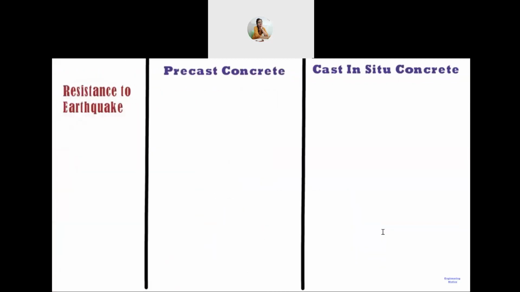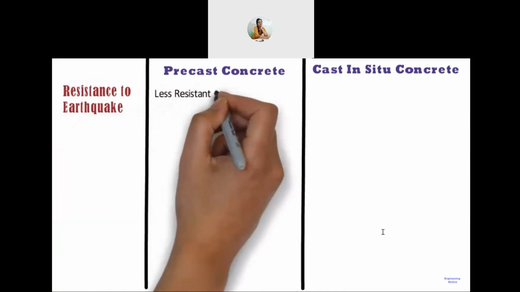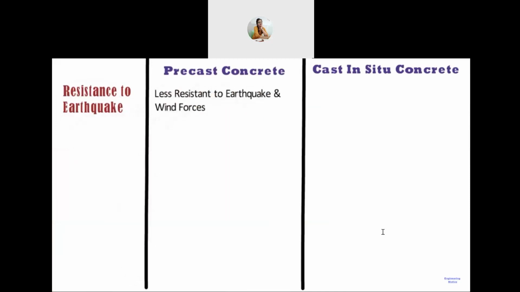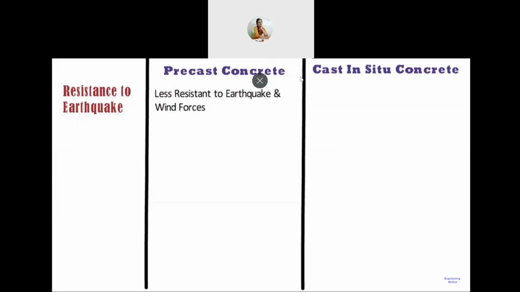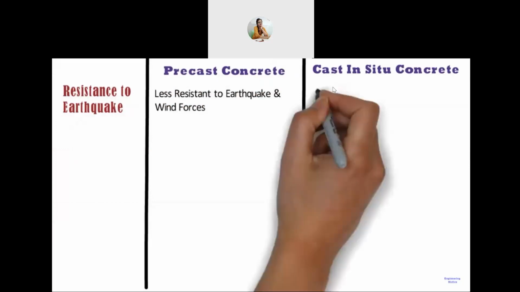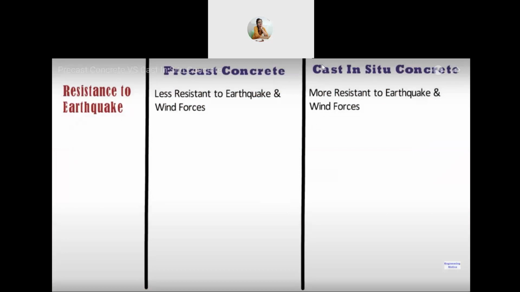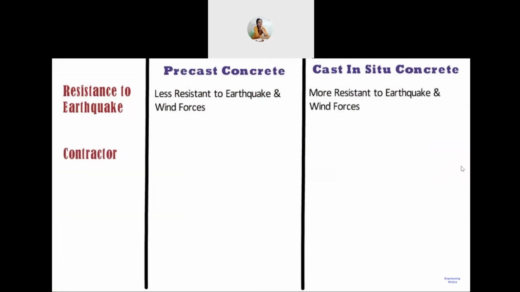Resistance to earthquake. Precast concrete members are less resistant to earthquake and wind forces, hence they are not recommended where seismic loads are dominant. Whereas cast in situ concrete members are more resistant to earthquake and wind forces. Contractor. To construct precast concrete structure, one needs